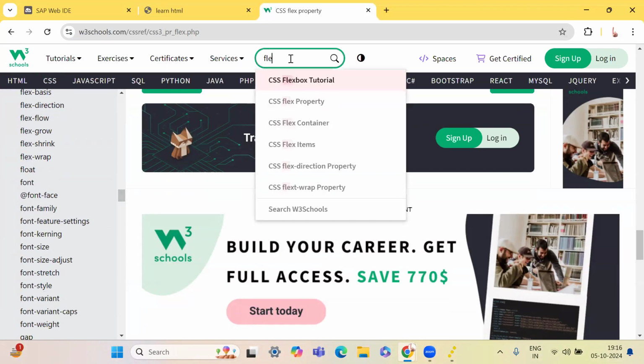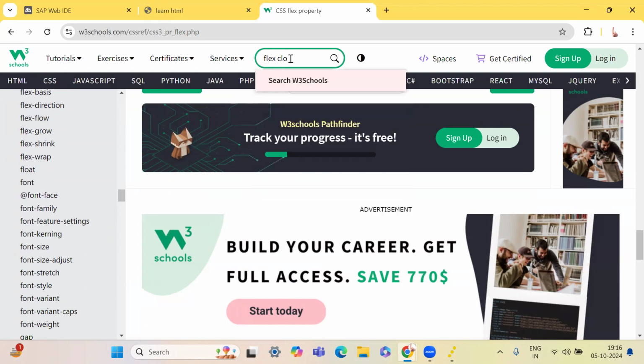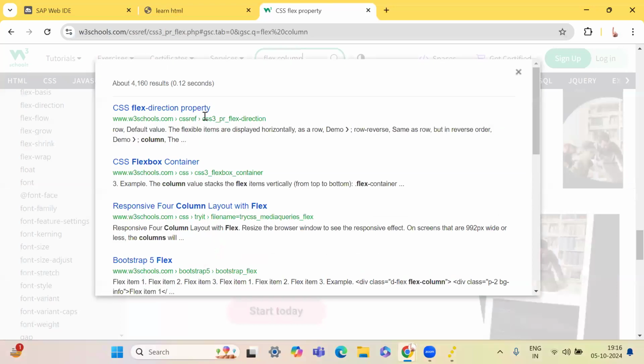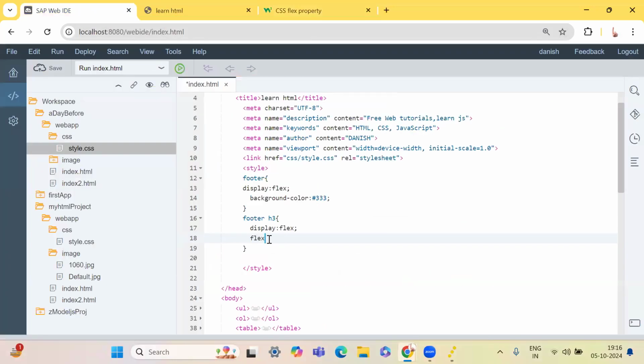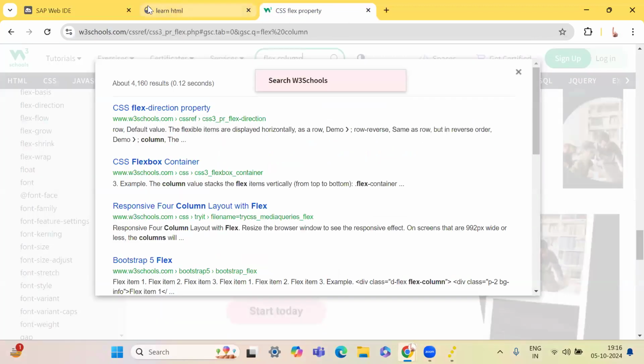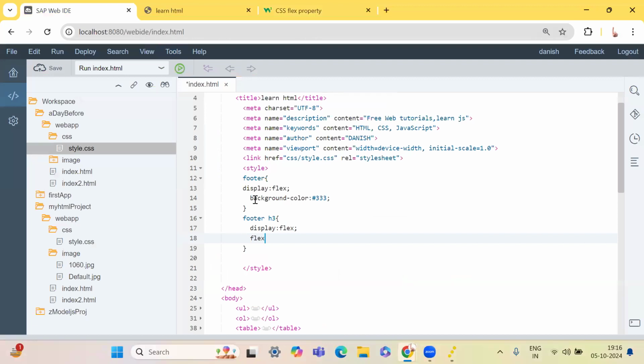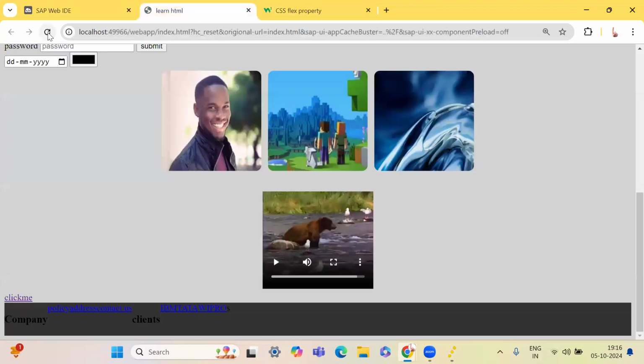Let's type flex column. Flex direction. Okay, the thing is called flex direction. So let me just check once again. Flex direction. Then it's column. Flex direction is column. And if you come back and check this time now,